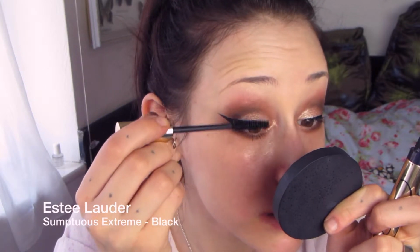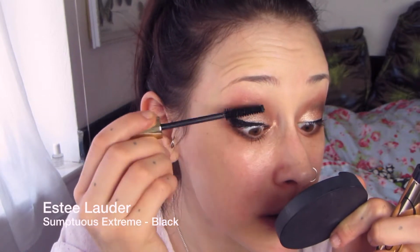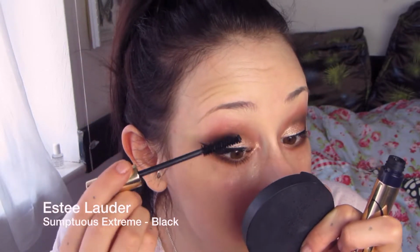But please recommend and let me know in the comments below. I would absolutely appreciate it. But for the meantime, this will do, and it is a nice mascara. It's just a shame it has its flaws as such, but it applies on really well. It stays on